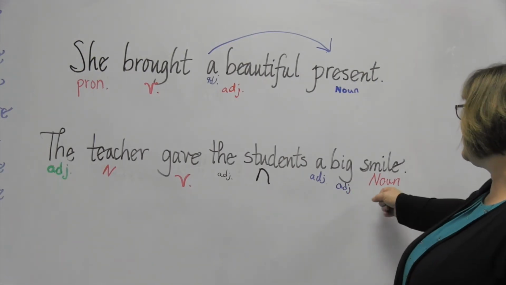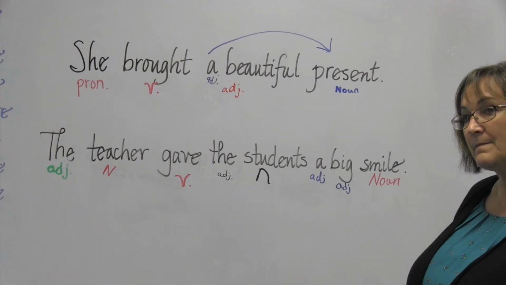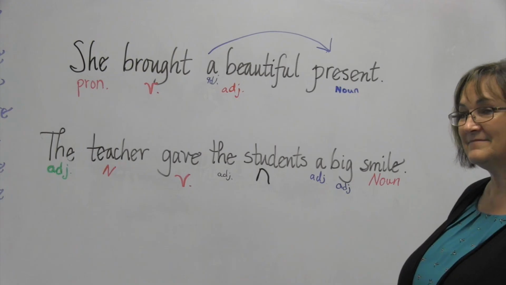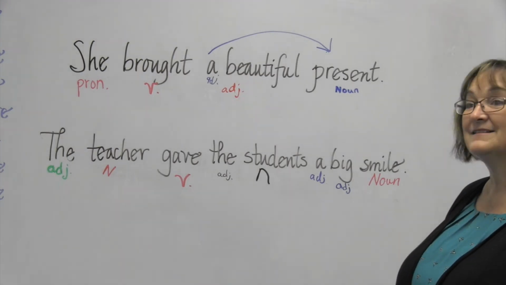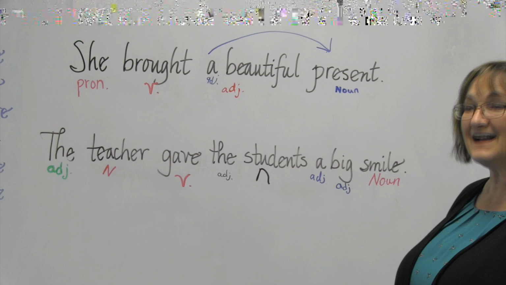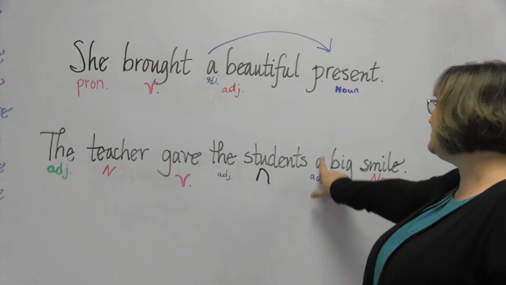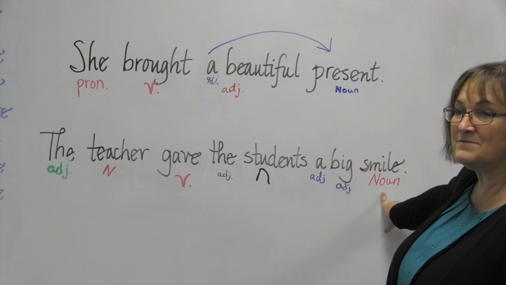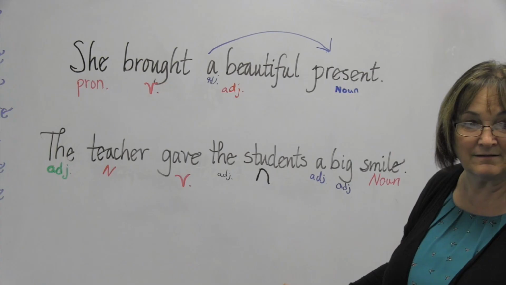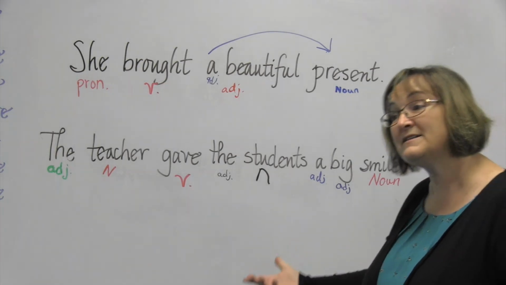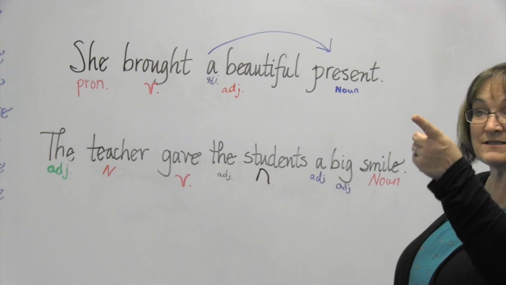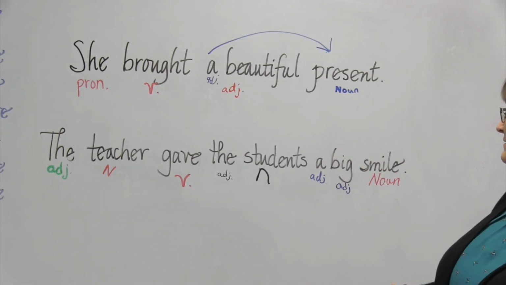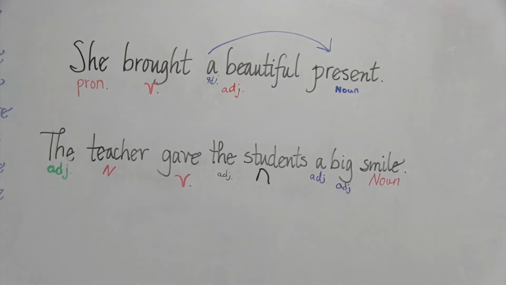Sawyer, what would you say about proof that this is a noun? Well, since they said A was an adjective, an article, it has to announce the noun. So smile has to be a noun. Excellent. If you can put this article in front of here, you know it's going to be a noun. A smile. Can we talk about a smile? Yeah. We can. So that's our proof that it is a noun. I'm so glad and nicely explained. Would you come up and draw the arrow from the determiner to the noun? Yep. All right. Any other questions?